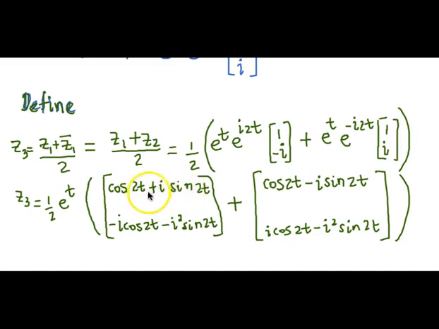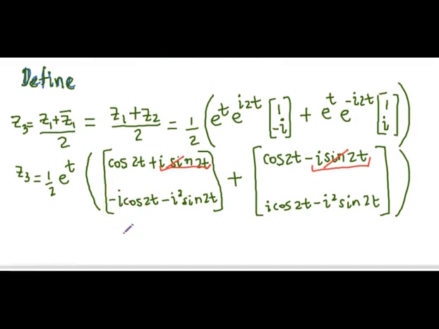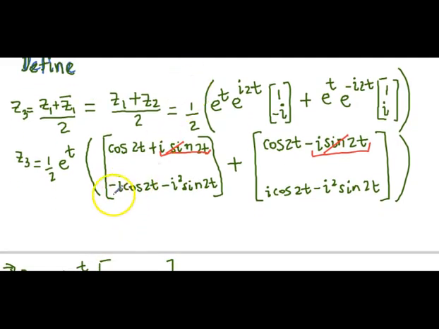And what follows next, as we can see, adding these vectors implies we have to do that addition entry by entry. In the first entry, this imaginary term has opposite sign to this term, so those two terms are going to cancel, and something similar will happen in entry number 2,